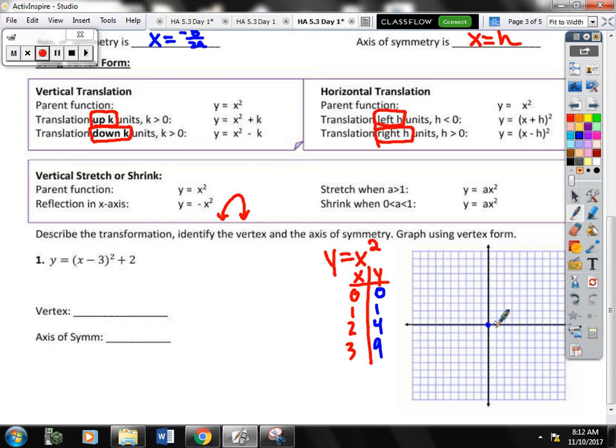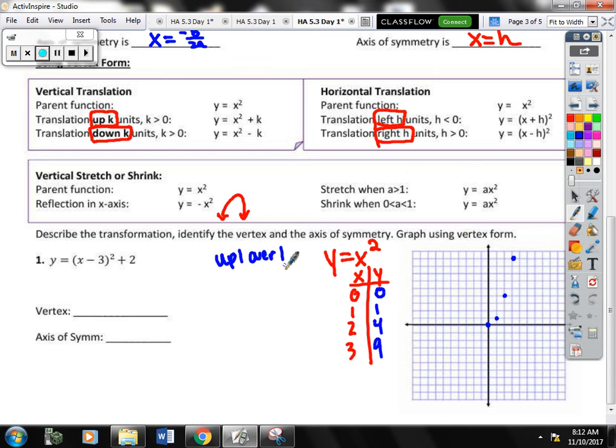So the parent function would start at 0, 0. It would go up 1 over 1 to get to 1, 1. Then to get to 2, 4, you would go up 3 and over 1. And then to get to the next point, that's 1, 2, 3. So it goes up 1 over 1, up 3 over 1, and then it goes up 1, 2, 3, 4, 5, and over 1. So if you want to memorize that,